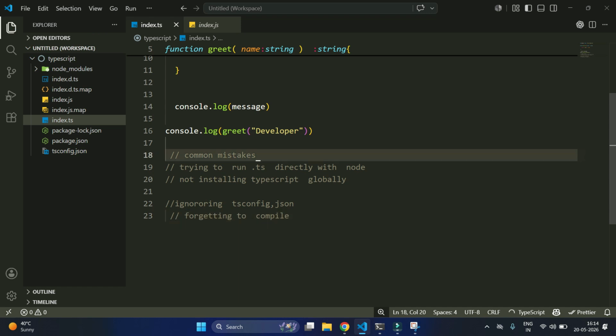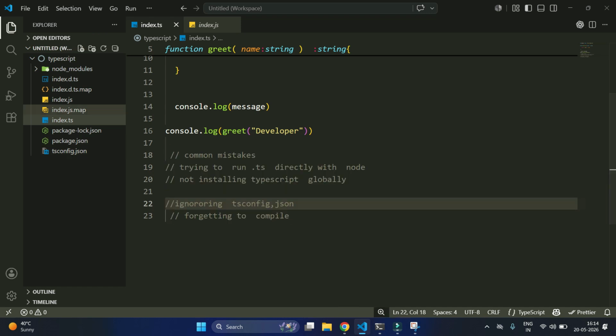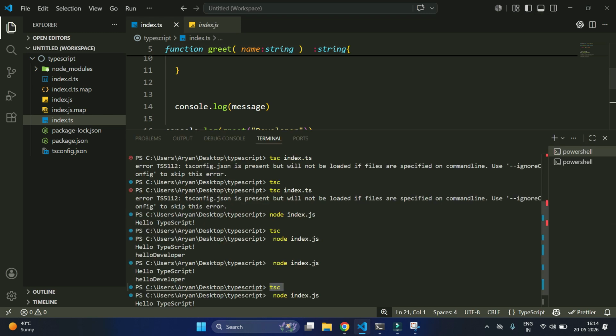Okay, so these are the common mistakes that beginners make: trying to run your ts file directly with node, that is wrong. Not installing TypeScript globally, you have to install TypeScript globally. Then ignoring the tsconfig.json file, then forgetting to compile using tsc. You have to first compile your files, then run your index.js file, not the ts file. So this is all about how to execute your first